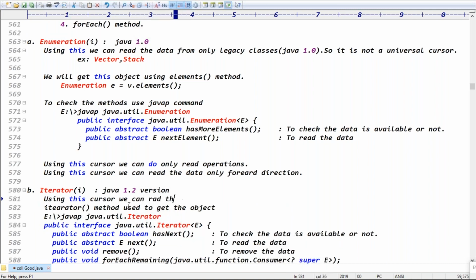Using this cursor, we can read the data from all collection classes. So it is a universal cursor, right, guys? Exactly, because using this cursor we can read from all classes. So it's a universal cursor, right?